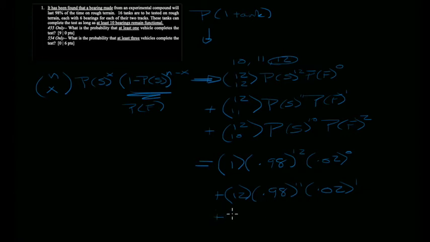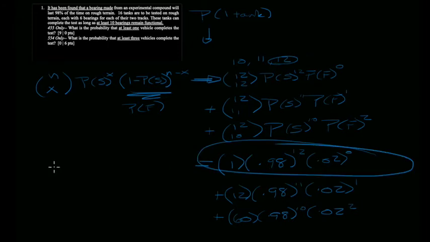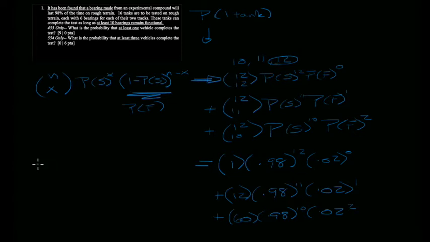And let's put in the final one while I'm at it. 12 choose 10, I believe is 60. Please check my math on that. Yeah, that looks right. And just a quick note on this, that should be 66. I realized that during editing, so just keep that in mind when you're looking at the solutions. But the final number, I didn't chase down to adequate accuracy to be able to reflect this mistake. 0.98 to the 10th and 0.02 squared, and the largest one will be here, and the solution is